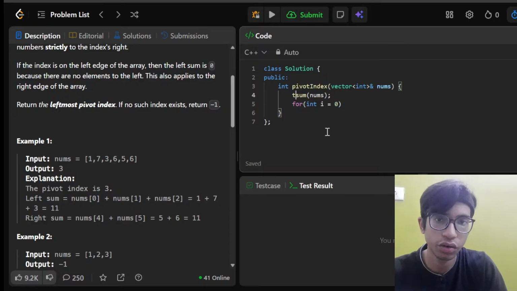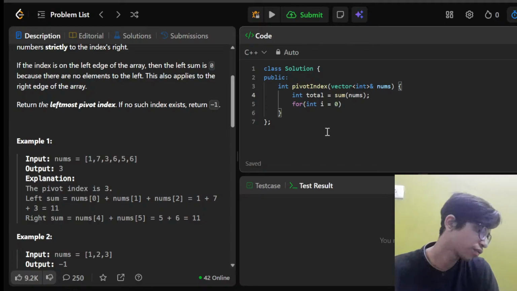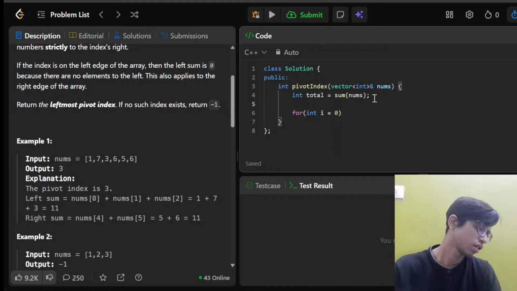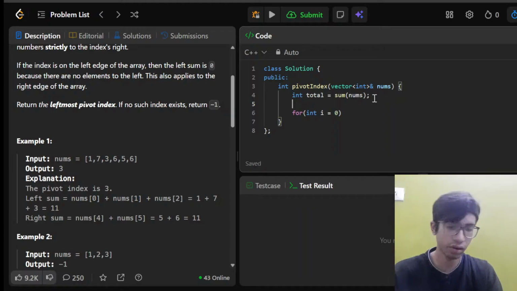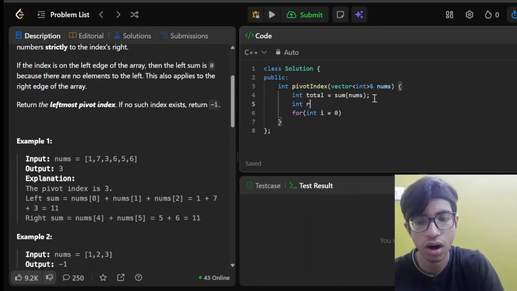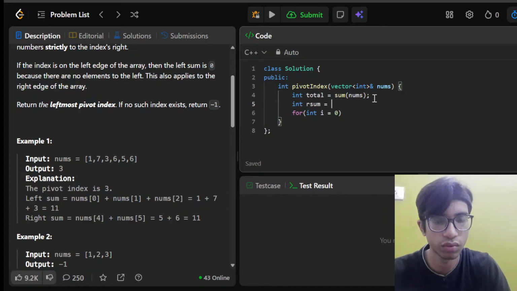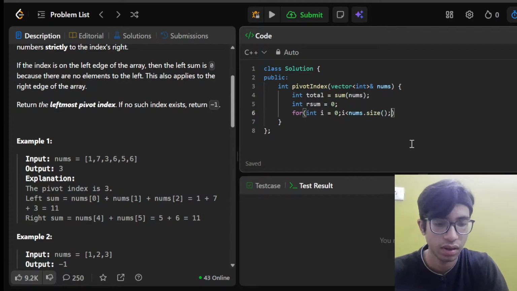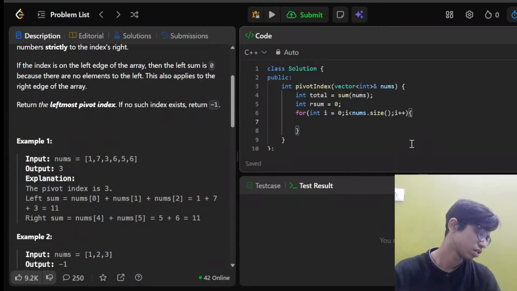int total is equal to sum of nums, and I should also define, I guess, running sum, right? So our sum is equal to 0. Int i is equal to 0. i should be less than nums dot size, then i plus plus, then curly braces, and